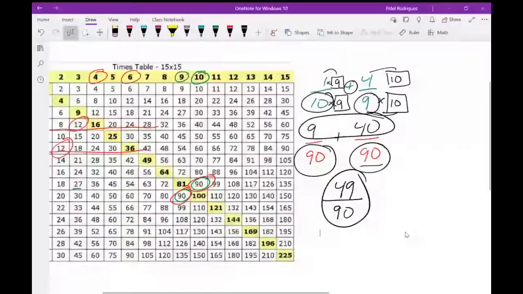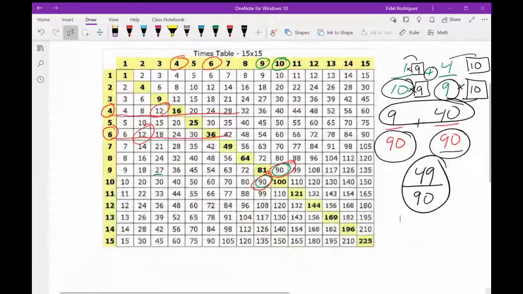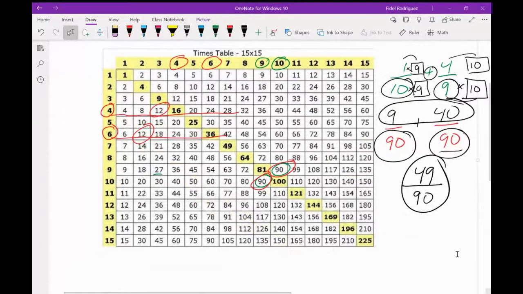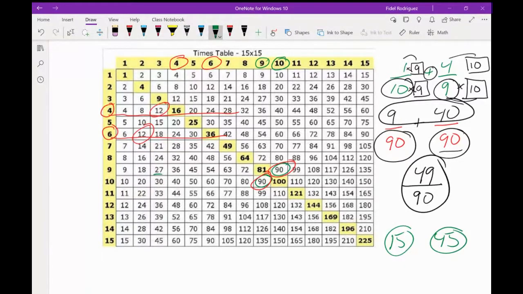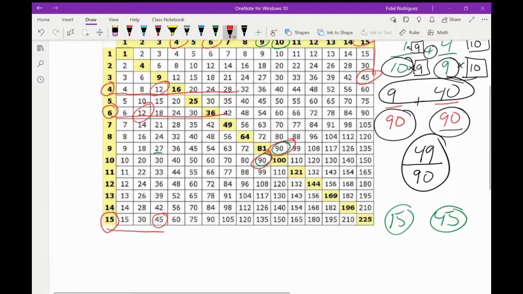Yes, I think you guys can see my table. The denominators that we had, guys, were 15 and 45. One thing I want you to notice is that when I look at my table and see the number 15, as I look to the right, or if I came over here and started looking down, in either case I see that 45 is one of the multiples of 15.